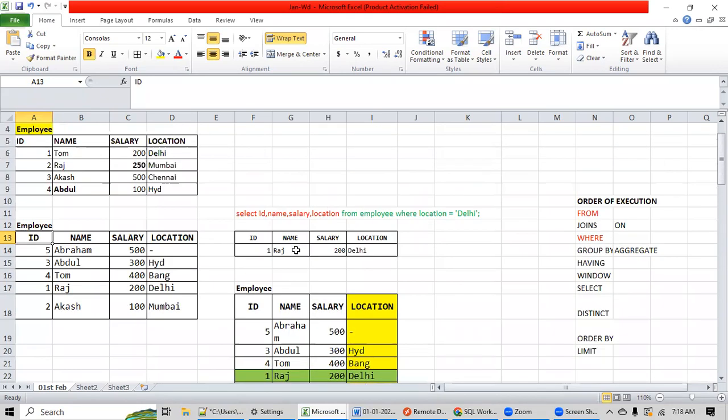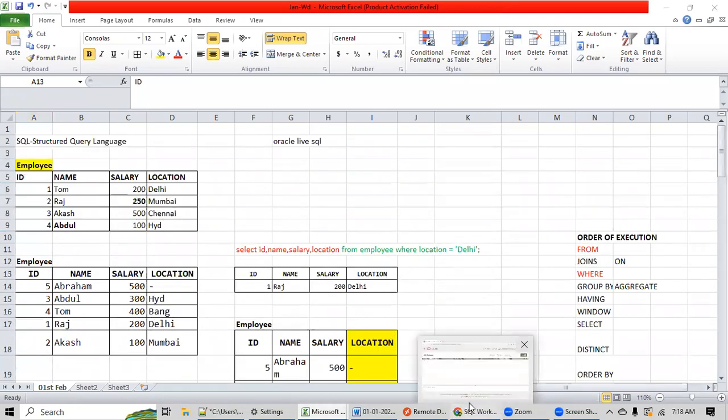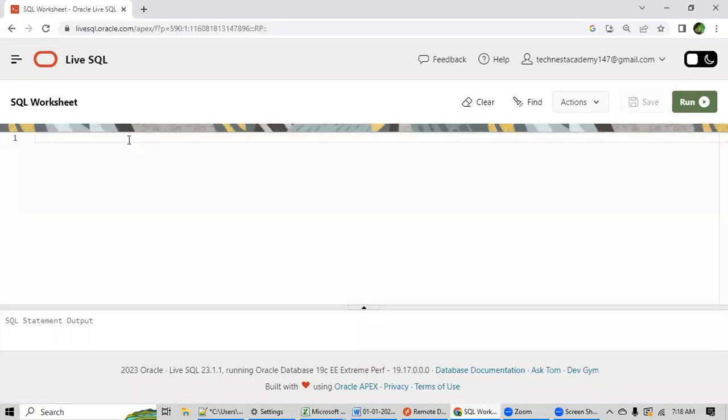Now, how to create a table? So we have seen the syntax yesterday. Let me repeat it. So whenever you want to create a table, the syntax is create table and the table name. And please ask question if you have any doubt, because these things I have discussed already yesterday. So I am just revising these concepts.